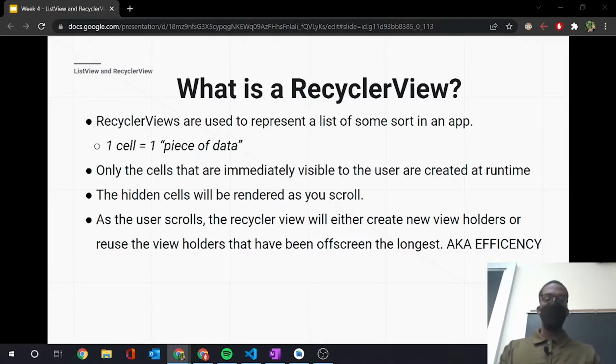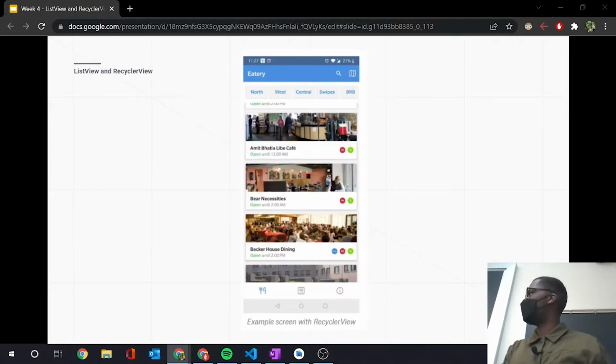Here's a concrete example of a recycler view on, again, Eatery. We tend to use a lot of our apps as examples for things in this class, and here's Eatery. So this main view is a recycler view. Information about an eatery, like what's showcased here, requires much more complexity than just a simple text view, just a simple list view, and this data can't be encompassed by just a text view, hence we use a recycler view. In this case, the recycler view isn't too complex. It just uses a few image views and then some text views alongside a card view, which is a type of view group used to create a card-based layout.